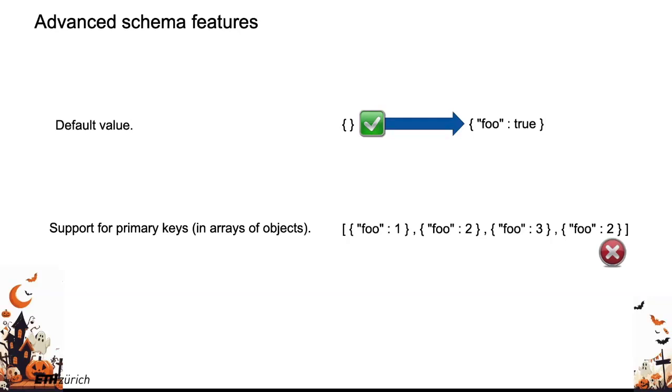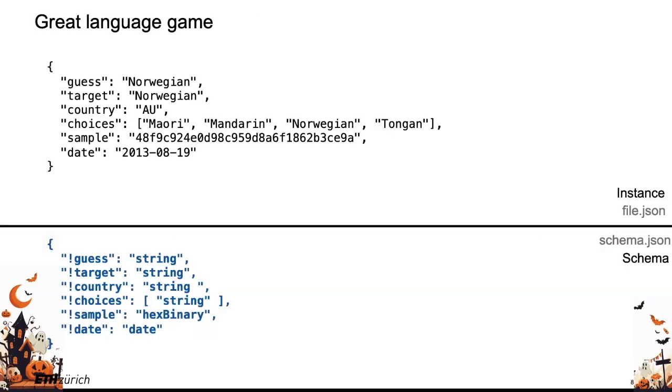Then you can learn plenty of them. Look at the documentation, they're really all the same. So just for the sake of showing to you, I will show you JSON schema, right? You will see it's the same features. But before we do that, I wanted to show you for the Great Language Game, which is a data set